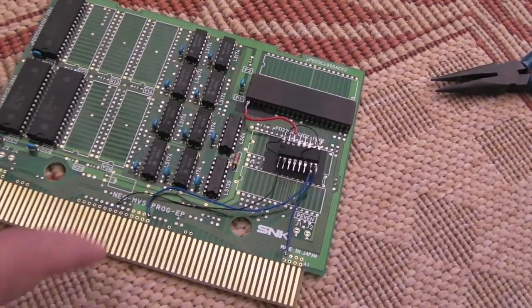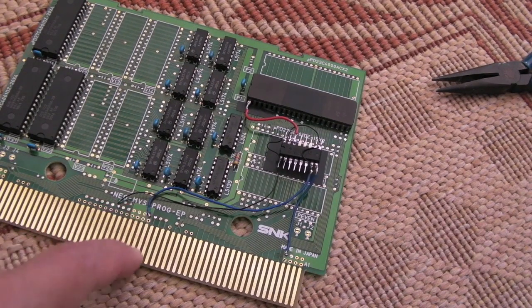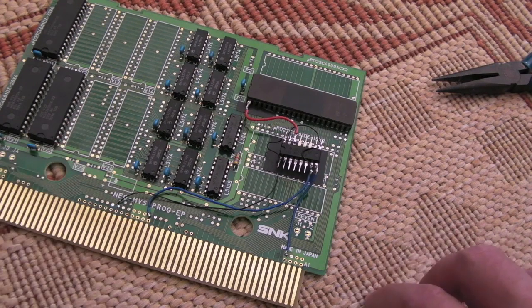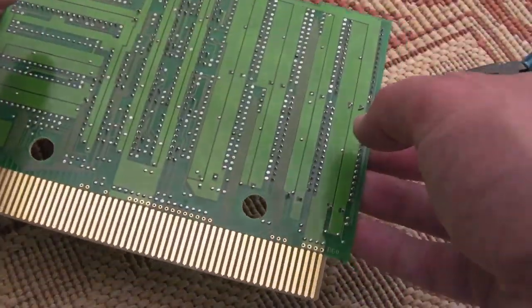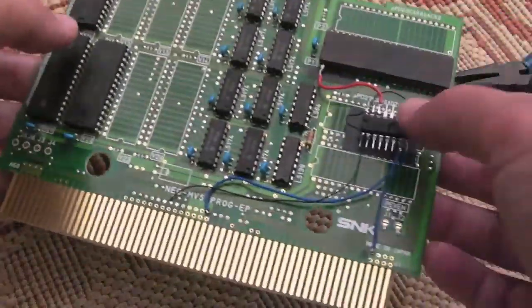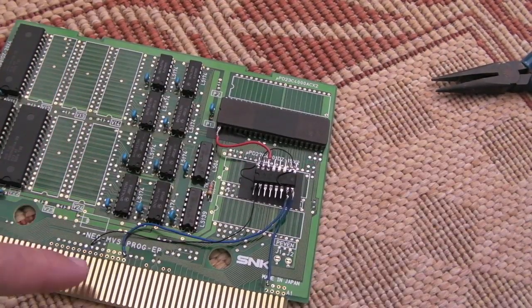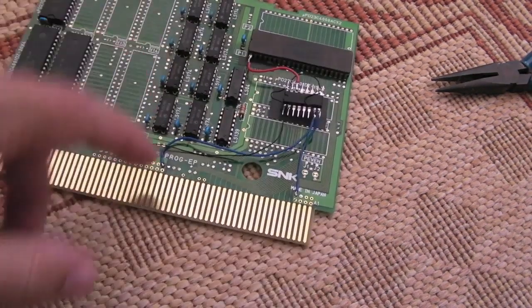Easiest way to work this out is you've got four VCCs, your 5 volt, plus 5 volts there, dead in the centre. It's interesting the way they've designed these boards. You've got your grounds on the outside and you've got your 5 volt on the inside, so if you ever put the board around the wrong way, you probably wouldn't damage anything, but yeah, don't quote me. I'm sure there are instances where you would, depending on the type of board, but it's very clever the way they did that. So yeah, the 4 plus 5s in the middle, they're usually easy to see because